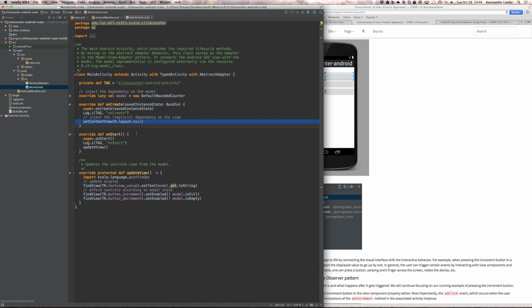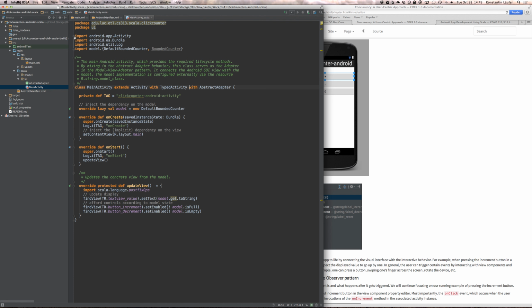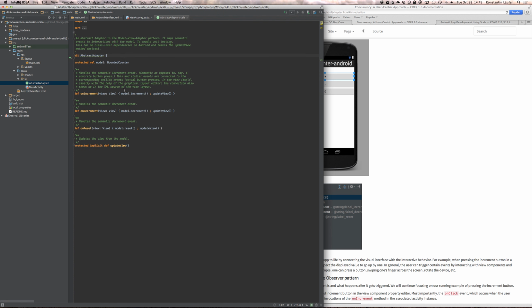So what's the problem now? Well, obviously the problem is, where are the onIncrement, etc. methods? They're not here. Something's weird. Well, what we can maybe assume is that they must have been inherited. And in fact, if we look here, the abstract adapter behavior is what provides them. So if we look at abstract adapter right here,